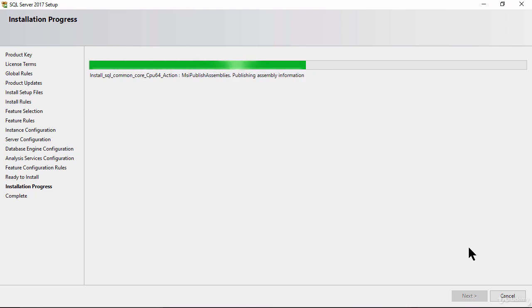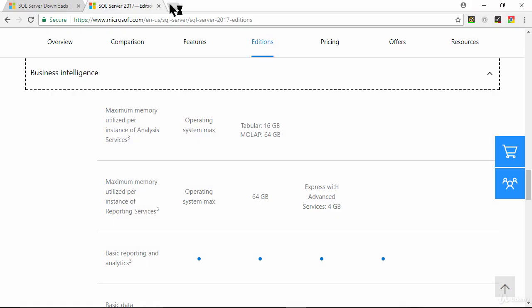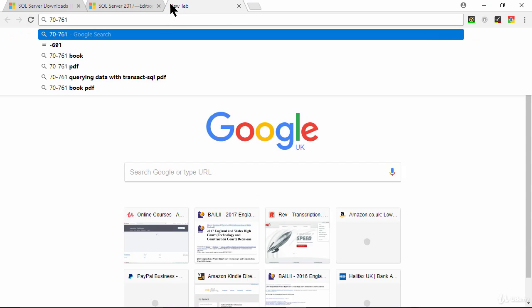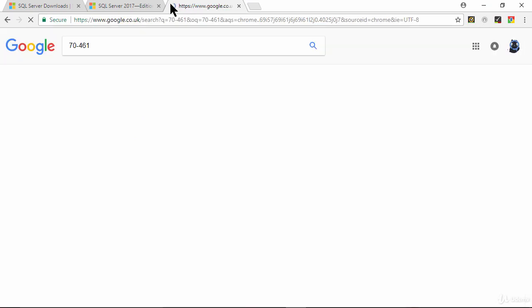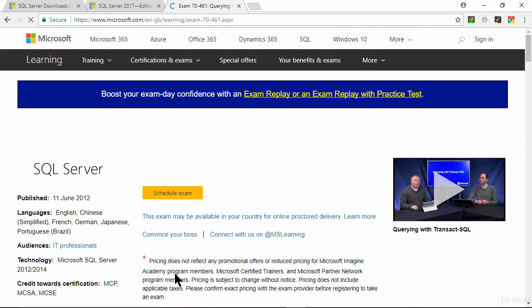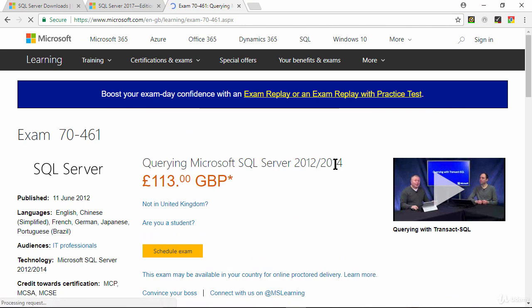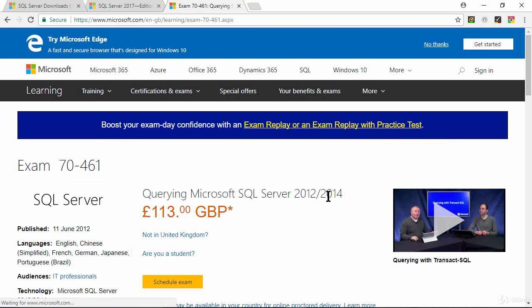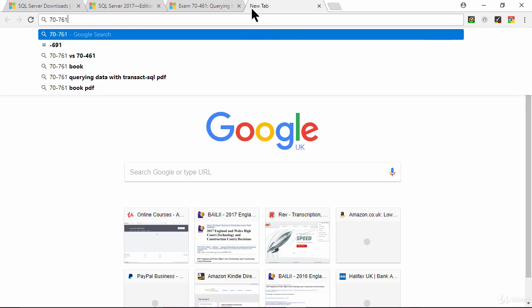So we've got SQL Server 2012. Now there is an exam which is the 461 exam called Querying Microsoft SQL Server 2012, which later then became Querying Microsoft SQL Server 2012/2014. However, I just want to say that you can use SQL Server 2012, 2014, 2016, or 2017. They will give you all the same functionalities that you need if you're following this exam. If you're doing another exam,